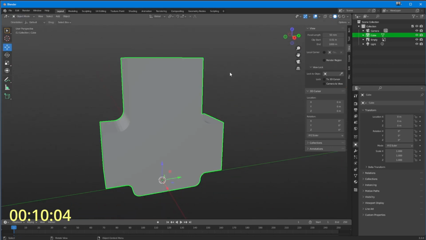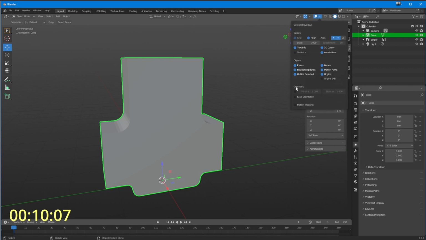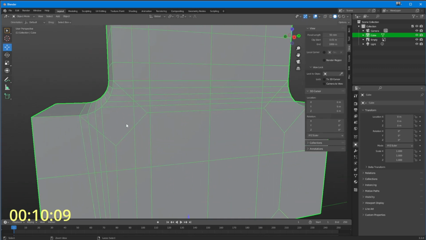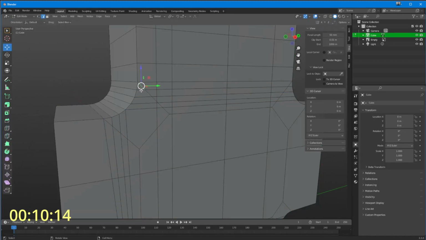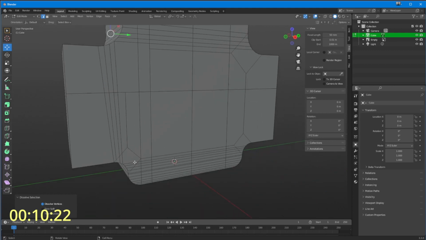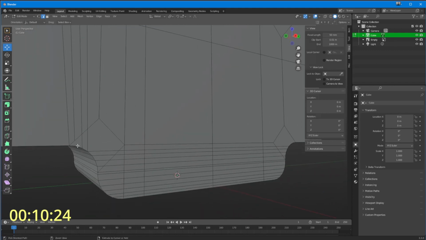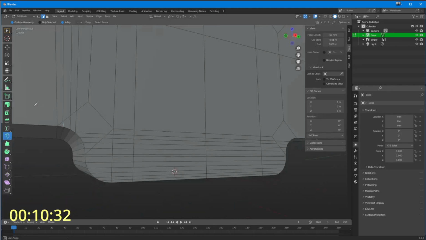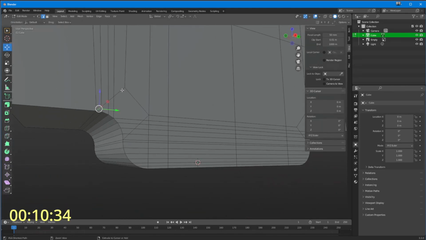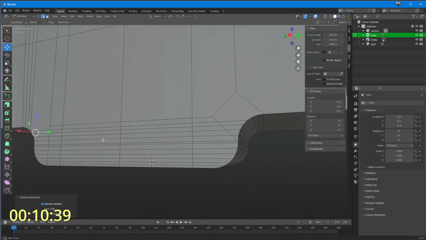So that's, let's just go back and just pop a wireframe on this bad boy. So you can see I'm just going to delete some edges here now. So let's go into edit mode and we can pick this edge and that one and that one and that one and that one and that one, and we're going to Control Delete. And then we can also do the same thing here. We can pick this one. Oh, hang on, I missed a bit. There we go. So let's pick this one here, to there, to there, to there, to there, Control Delete,